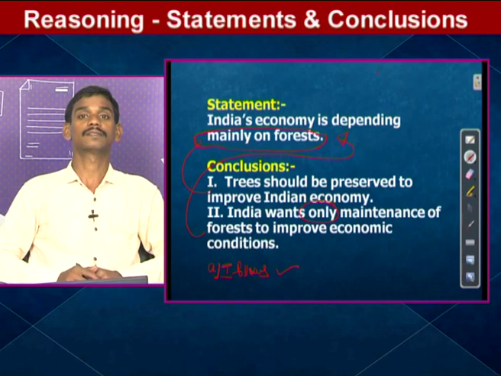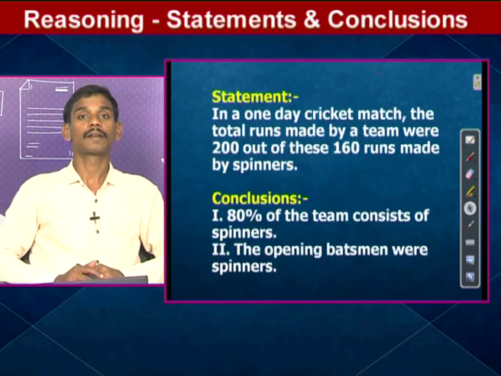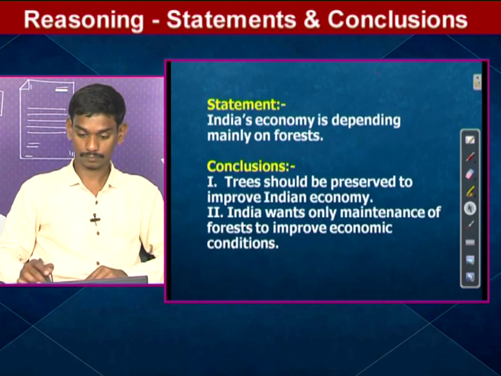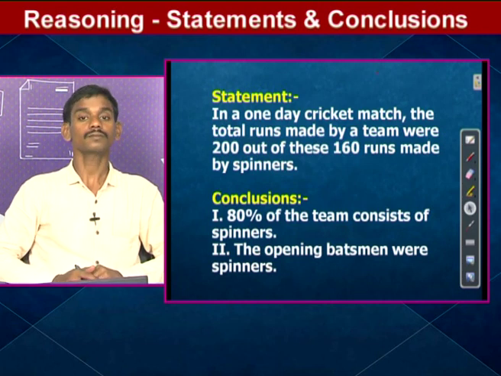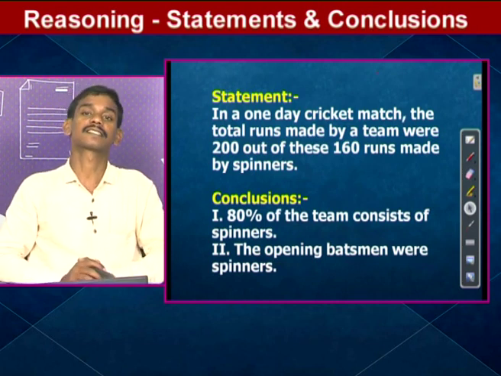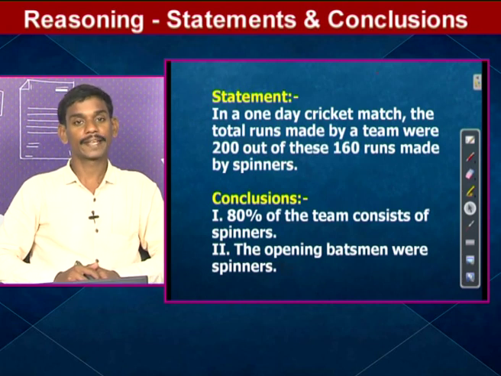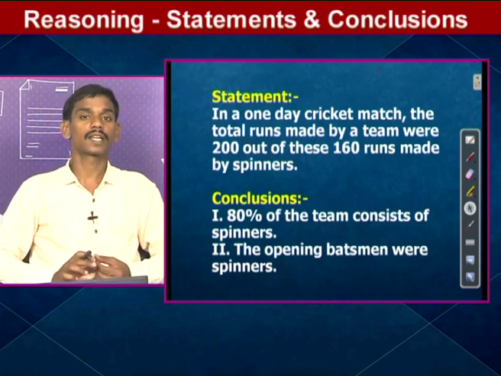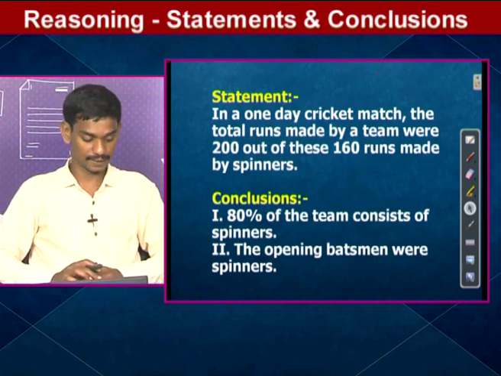One follows only here. And one more question. In a one-day cricket match, the total runs made by the team were 200, out of which 160 runs were made by spinners. See here,